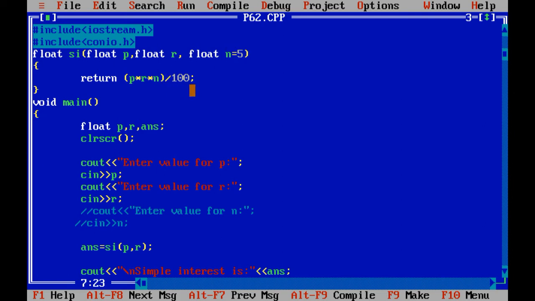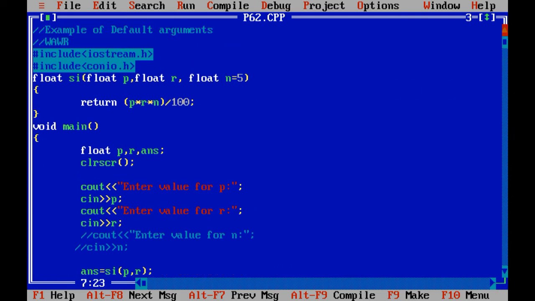But there is a rule while you are passing default arguments, and the rule is such, you need to pass default values from this way to this way. That means if I want to pass the default value of R, be clear about this. Let me repeat once again. There is a rule to pass the values to the default argument. Suppose I want to pass the default value to R, at that time it is compulsory to pass the default value of variable n.